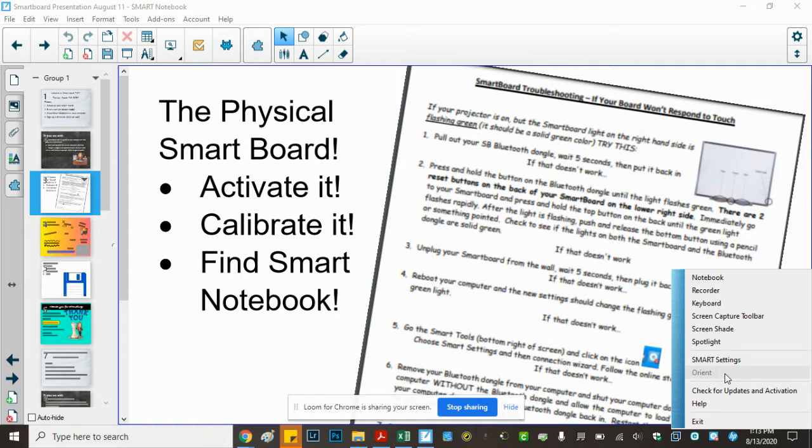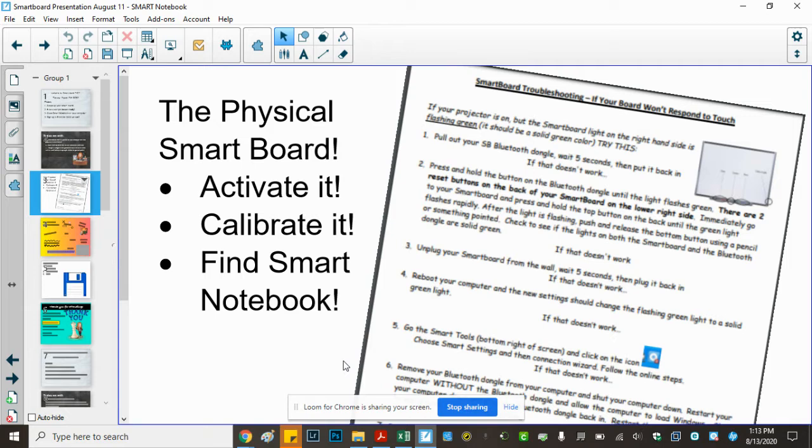But when I click orient, what will happen is the screen will turn gray and it will have these little stars that will pop up. There will be 3 on the left, 3 down the middle, and then 3 down the right. You'll have to click it 9 times. And what that does is it allows the smartboard to recognize where your touch is and where it should show